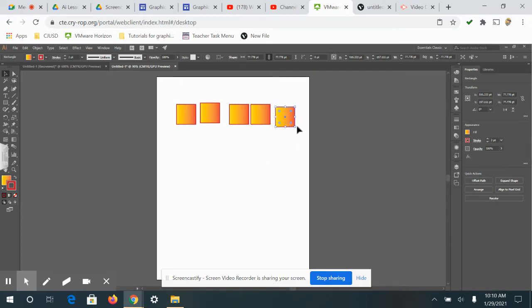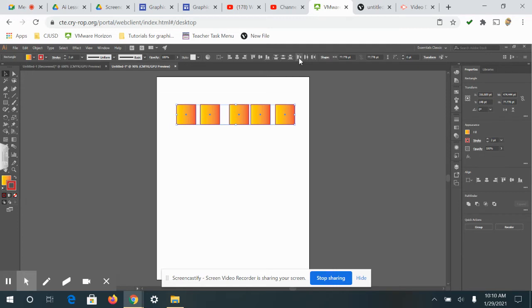And I'm going to go ahead and align them. So I'm going to drag across all of them. And the alignment tool for Illustrator is up here. So this is my horizontal align. This is my vertical align. This is my distribute centers. Okay, so I'm going to go ahead and align them vertically and distribute my centers